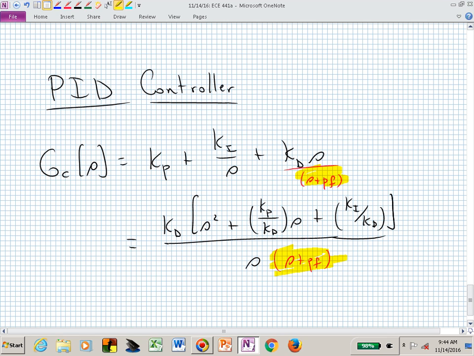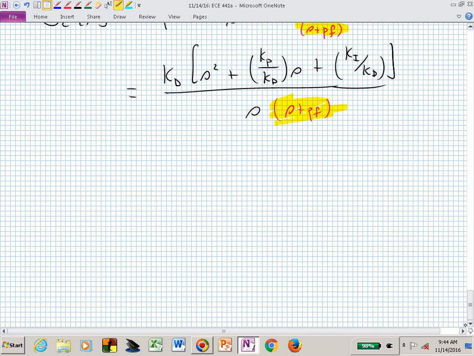Okay, so now put on your virtual imaging devices, and now you've erased what's shaded. It's not highlighted, it's erased. Okay? Now that we have that, how many zeros do we have? What's the degree of my numerator? I have two zeros, all by the choice of K sub P and K sub I. K sub D will adjust the gain. So really, I have this structure